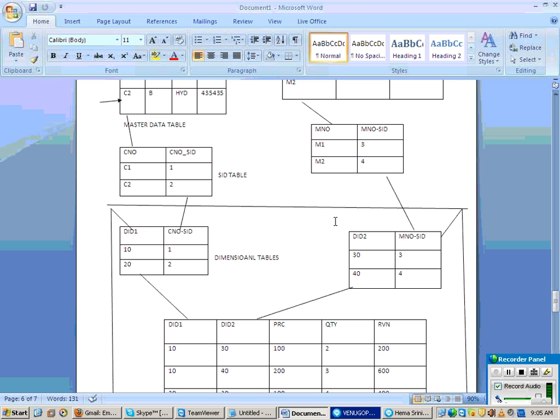If you look at your fact table, it has dimension IDs followed by the key figures. If you look at the dimension table, it has dimension IDs followed by the SID of the assigned character. If you look at the SID table, it has the SID and its character. And if you look at the master table, it has the character and its information.